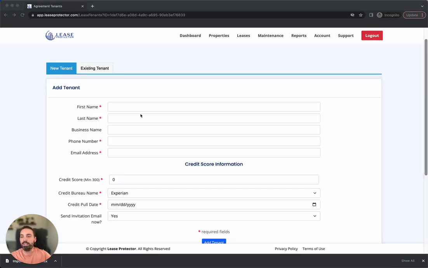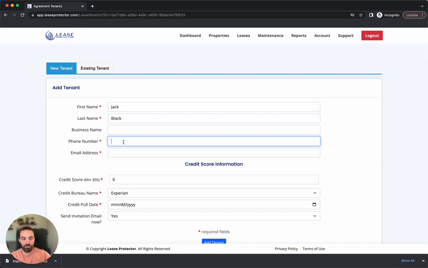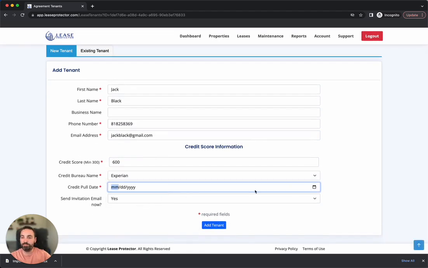Next, we will add the tenants. Simply fill out the information here. We'll say Jack Black, a phone number, email address, the credit score, when the date was pulled,